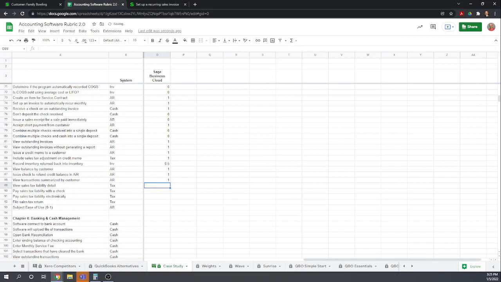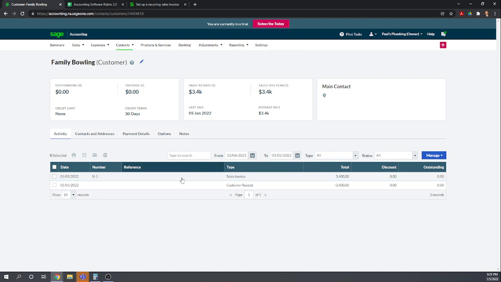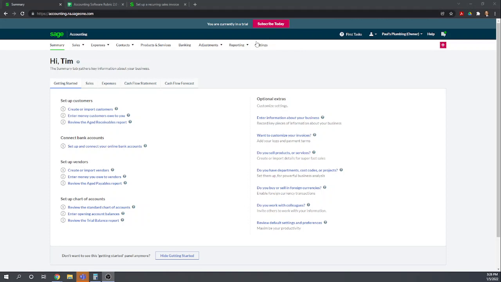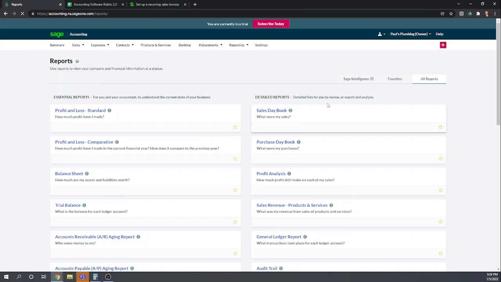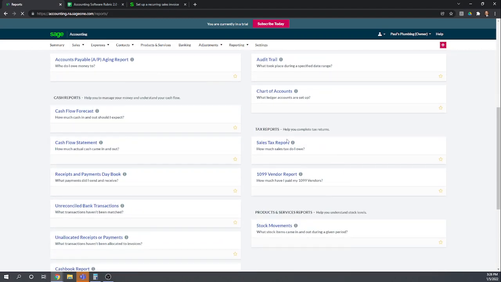Okay, now let's deal with the sales tax. So we want to write a check to the state of New York for your sales tax liability and then file our sales tax return if we can. So let's see what kind of sales tax tool Sage has. Okay, so if we go to our reporting and then go to the more to show all of the reports available, we look down here under tax reports. We have a sales tax report,